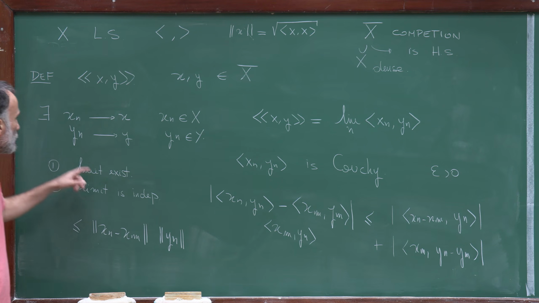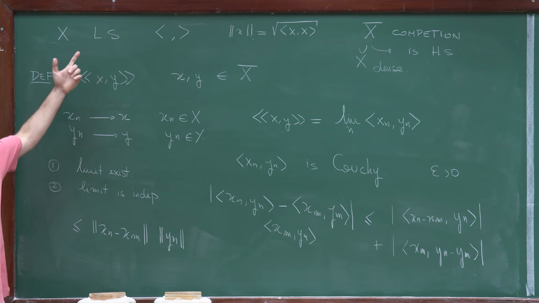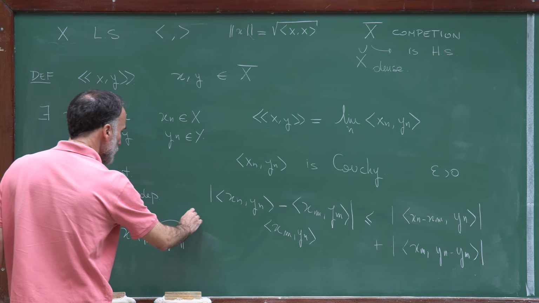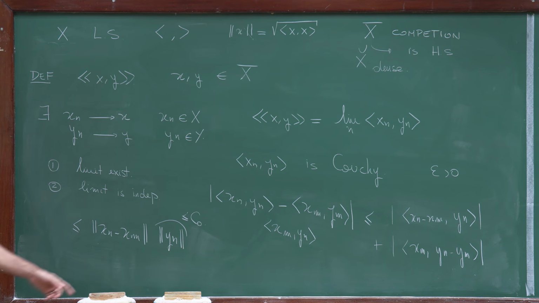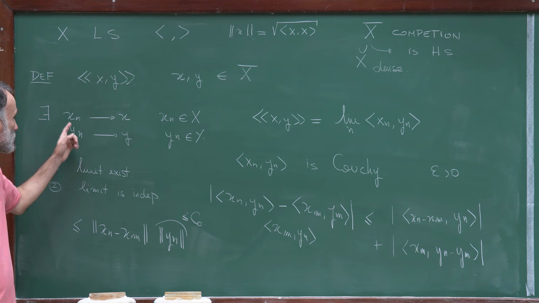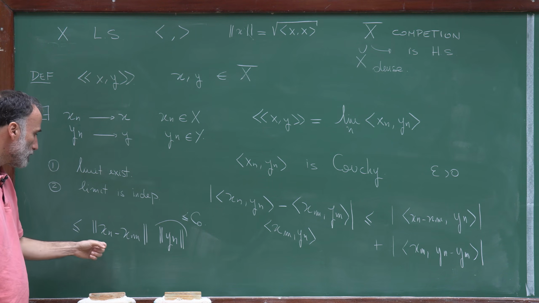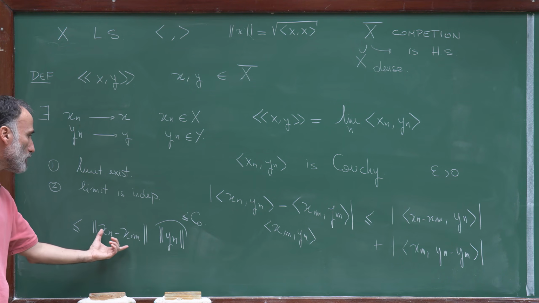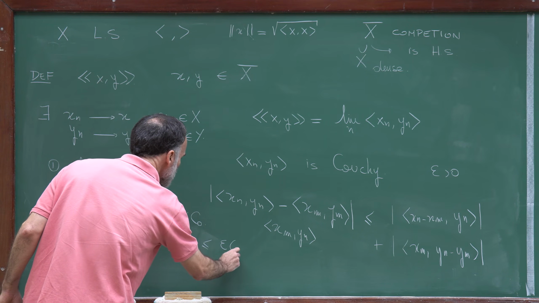Since yn is a Cauchy sequence because it's converging to y, this sequence is Cauchy in the space X, and we have seen that if we have a Cauchy sequence, the norm is always bounded by a constant. So there exists a constant which bounds the norm of yn. And since xn is a Cauchy sequence, we know that for that chosen epsilon, if n and m are large enough, larger than n0, this is bounded by epsilon, so that would be bounded by epsilon times c0.